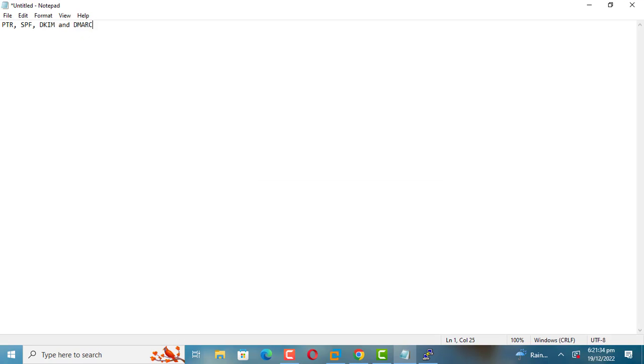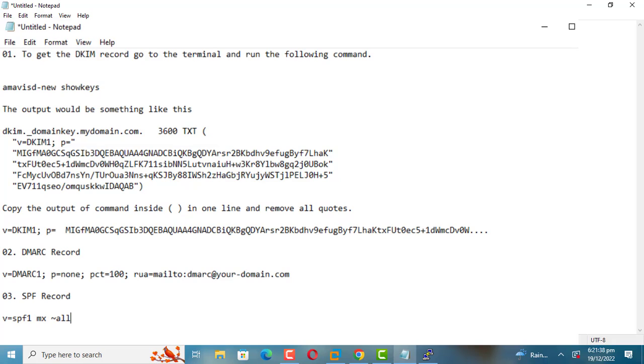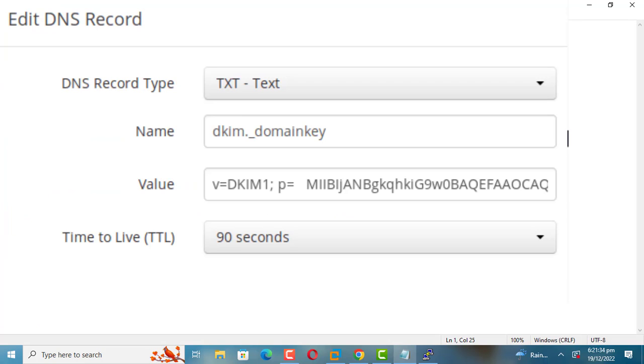You should also make changes to DNS records. Log into your domain registrar. This is to prevent your emails from being flagged as spam. You should set a pointer record, or PTR record, which maps an IP address to a fully qualified domain name. SPF, Sender Policy Framework record, specifies which hosts or IP addresses are allowed to send emails on behalf of a